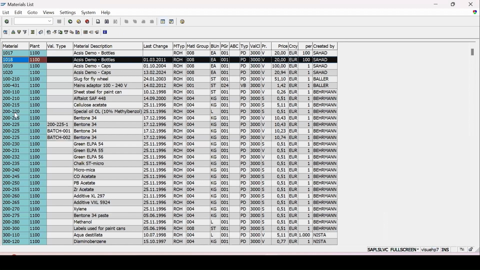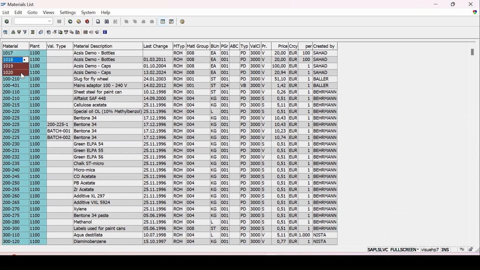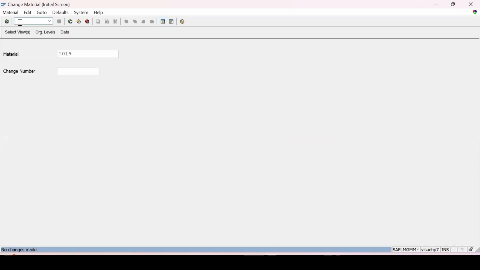Second way is if you have multiple materials, for all these materials which are present in this plant, or a specific list of materials I have. Suppose if I want for this, let me copy a few materials. Say you need to select, Control Y and simply drag and drop. Okay, so I'm selecting these three materials where the 01 inspection type is not active. Control C to copy it, and let's open another session, the transaction